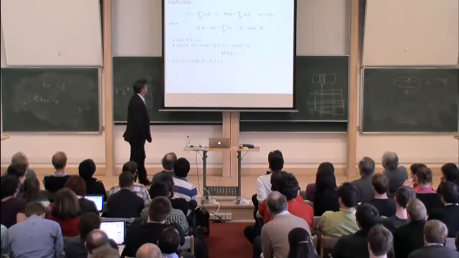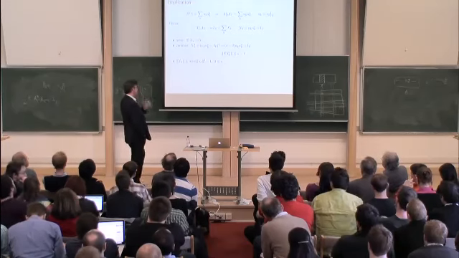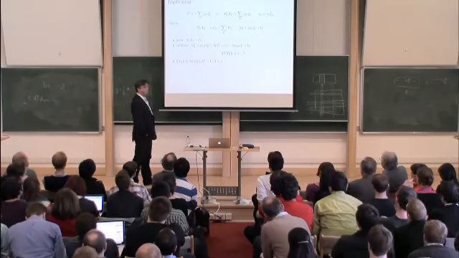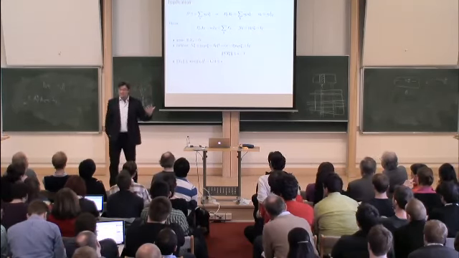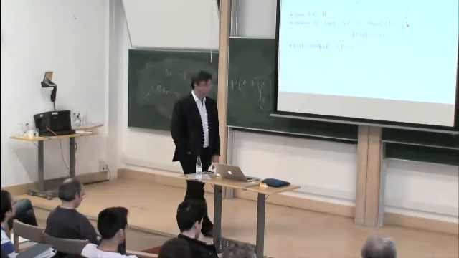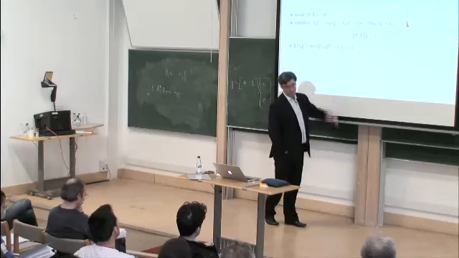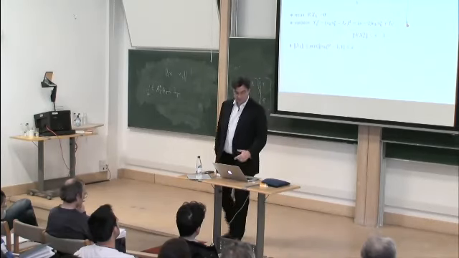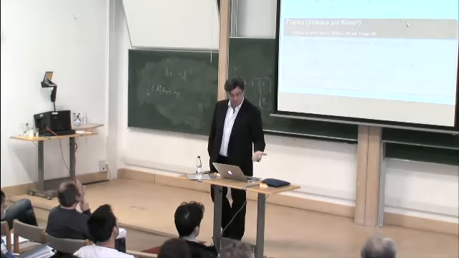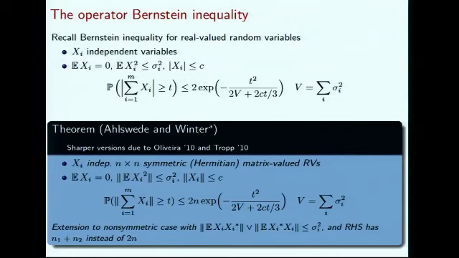Finally, I can control, of course, the spectral norm of each of these x_k, because x_k is a rank 1 perturbation of the identity, so there's nothing simpler to bound. It's going to be essentially the norm of u_k squared, which is s, minus 1, so it's less than s. So I can apply everything in the theorem because they have mean 0, I control their variance, I control their spectral norm, and so I just apply this,